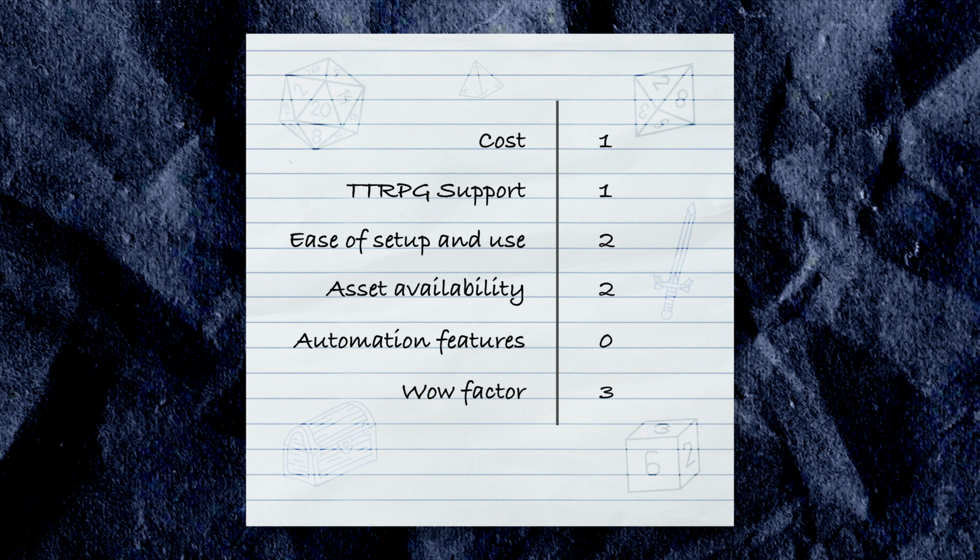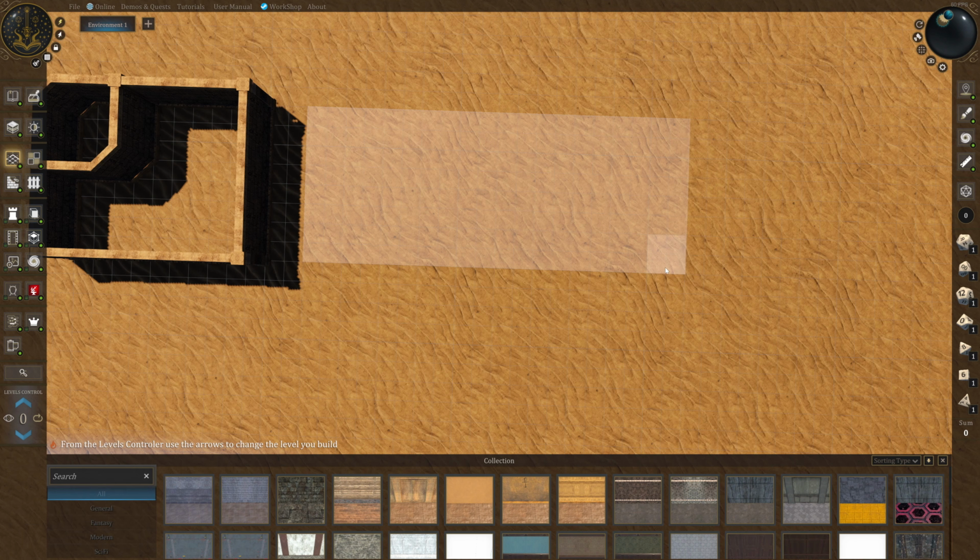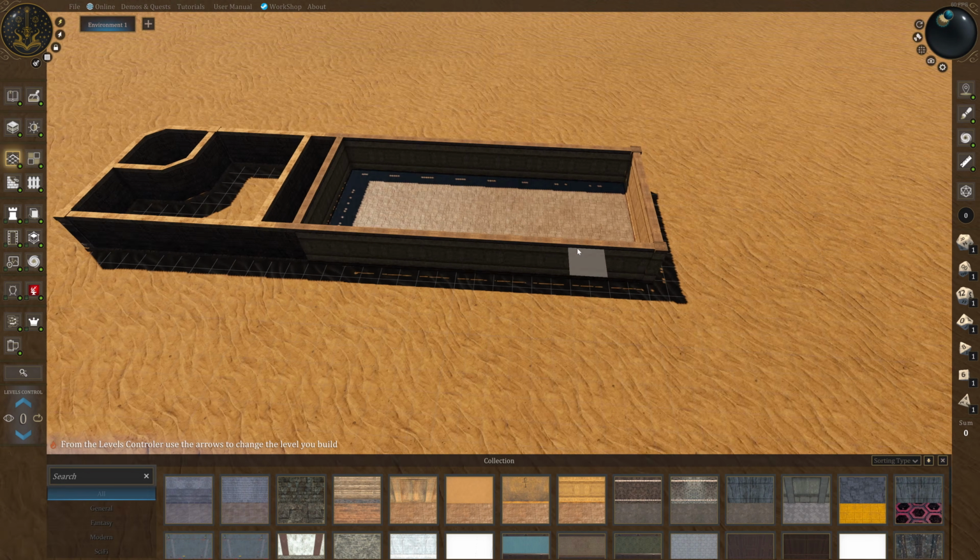And wow factor is a 3. I think it looks great, and I think building a map where my players could interact with stuff like opening doors would wow them for sure. Based on my own rubric, this shouldn't be my favorite of the video game style VTTs, but I think it was heavily influenced by how easy the map maker was to use, the look of it, and the promises made in their expansion Kickstarter. And I know that's a dangerous trap, to invest in software based on future promises, but